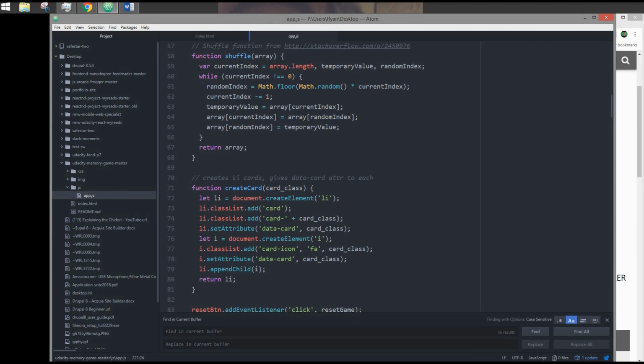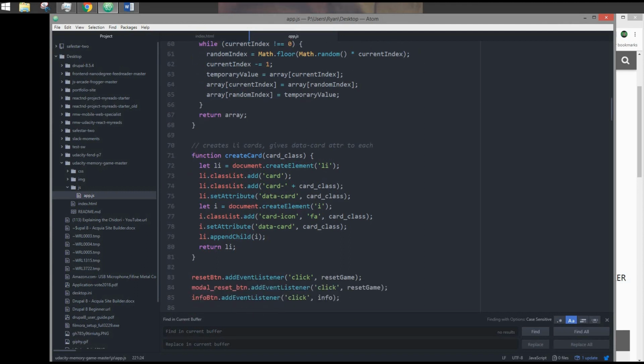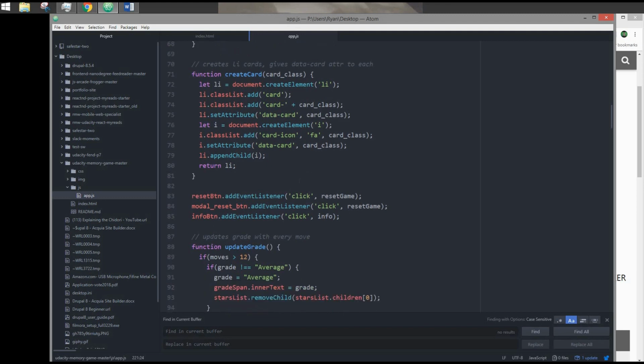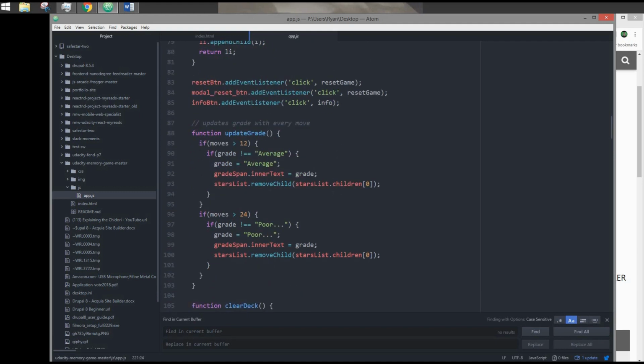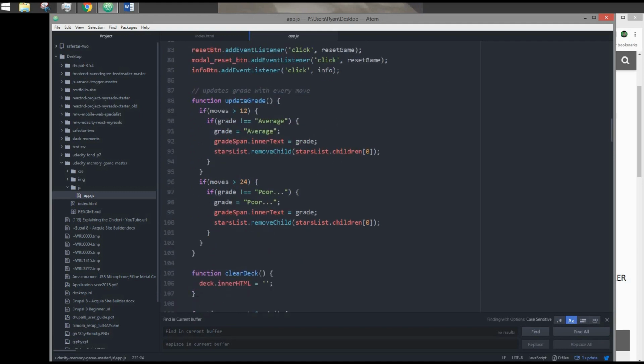I'm going to create the Font Awesome I tag that would be nested inside of it. And after creating these elements, I'm just going to return it. Now I'm going to add an event listener for all of the buttons and then set the callback to the respective functions. Now for the update grade, basically I'm checking